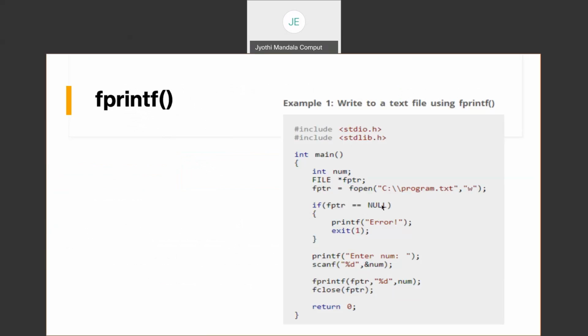Now you are using fprintf and fscanf. These functions are defined in the stdlib header file, so you need to include stdlib. Okay, now I have included both the files, and in the main function we have taken